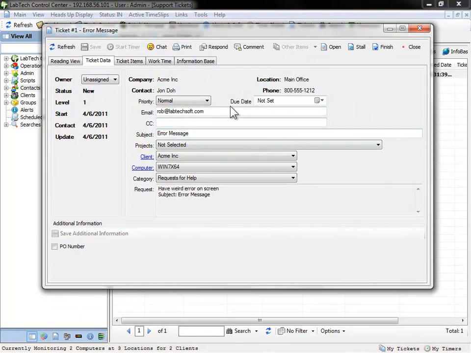We'll talk about this. Notice here's the message that was sent in. Here's the subject. Here's the customer's email. We have some company information here as well. We have two links here, client and computer. Because the user used the tray icon to send in the ticket, we know exactly what machine it's come from. So we can double click client